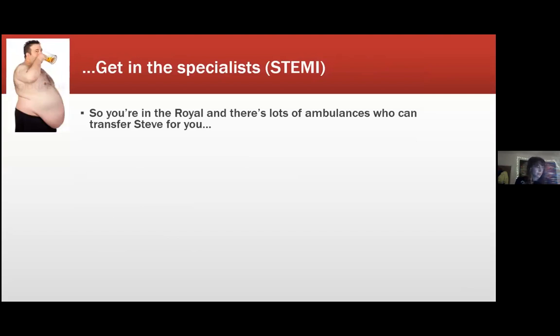What is anyone thinking we might do next with Steve? If we're in the Royal and there's lots of ambulances who can transfer Steve for you, yeah. So you're going to send him to Liverpool Heart and Chest for PCI. Yeah, so if you can get to PCI within 20 minutes